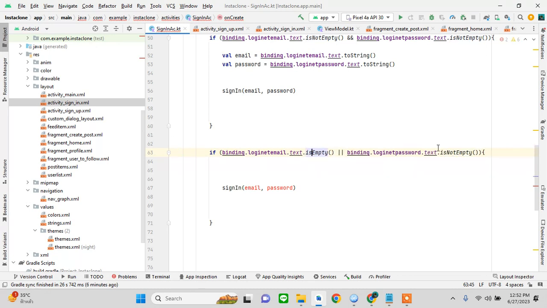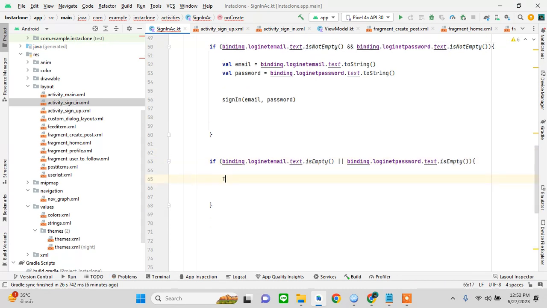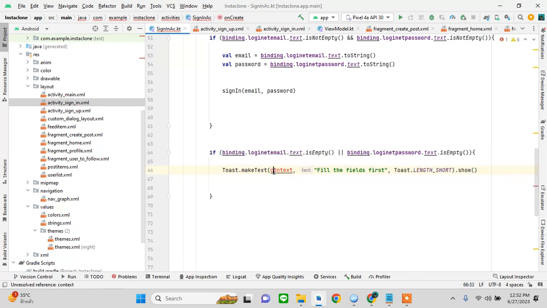Is empty, is empty. Set a toast message. Fill the fields first. Okay. So if it's empty, then nothing will happen. Okay, perfect. Now we'll just come here in the sign in